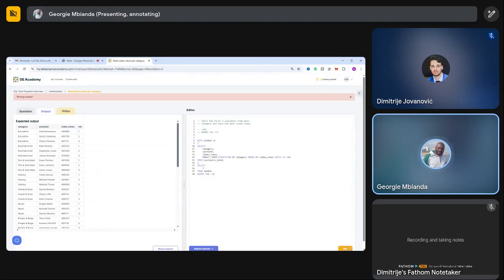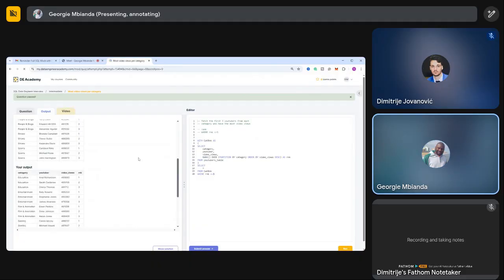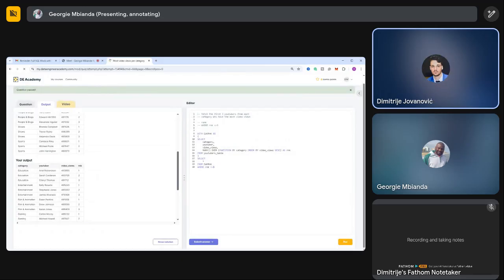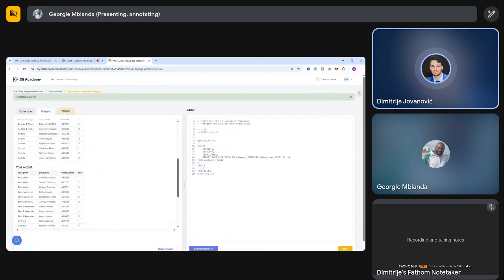Let me see whether this works. You go up 1 to 3, 1 to 3. Color, yep. Nice, the first 3 from each category. Okay, I'm not missing something. Nice. This is technically the only way to solve this question, so I assume that you don't have any questions here,